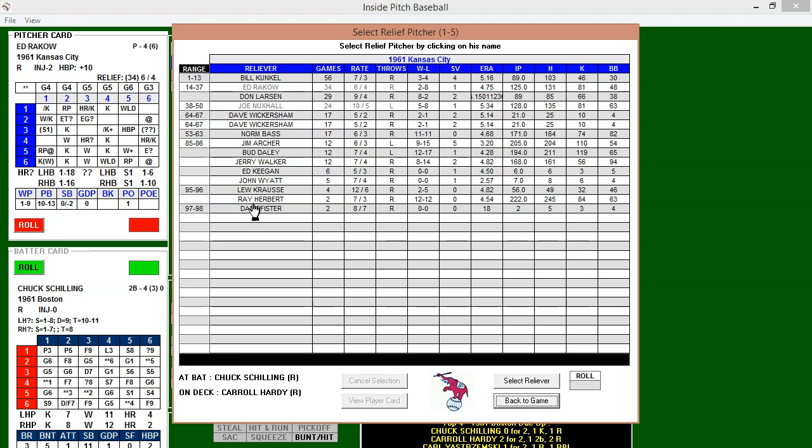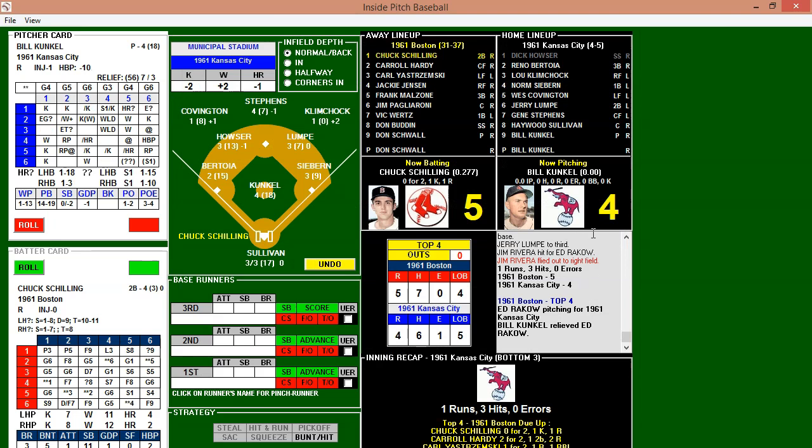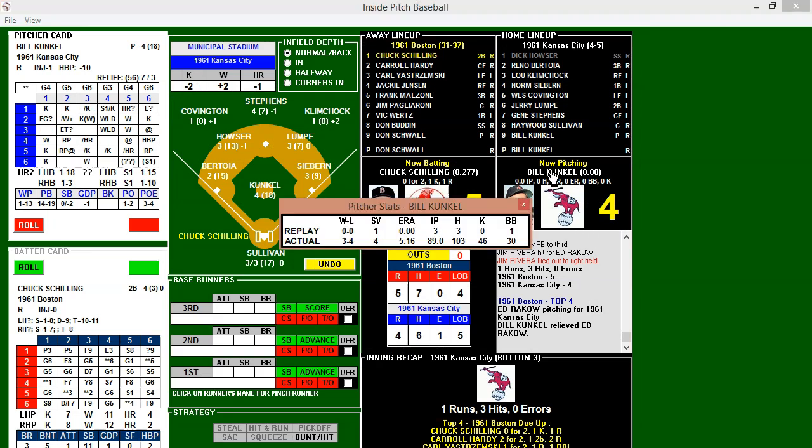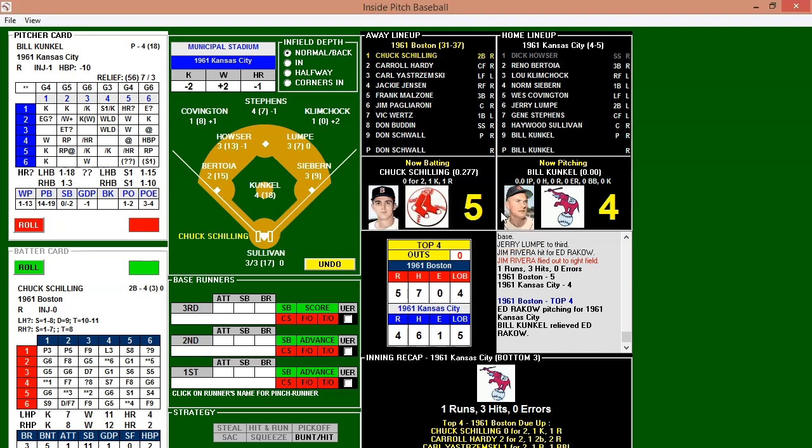I did not check to see if all the pitchers were on the roster, which I normally do. We'll just go with Bill Kunkel because he pitched 3 innings in the actual game. So Bill Kunkel comes in. He's pitched 3 innings against the Red Sox and has not allowed a run yet. Has earned a save and allowed 3 hits and 1 walk.